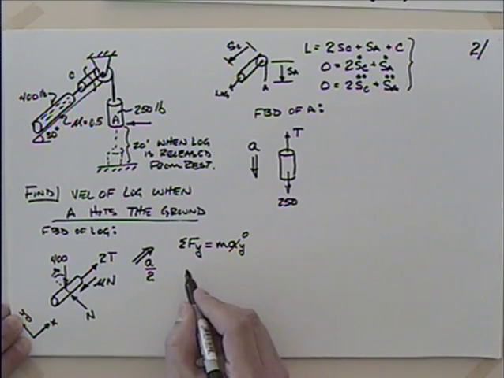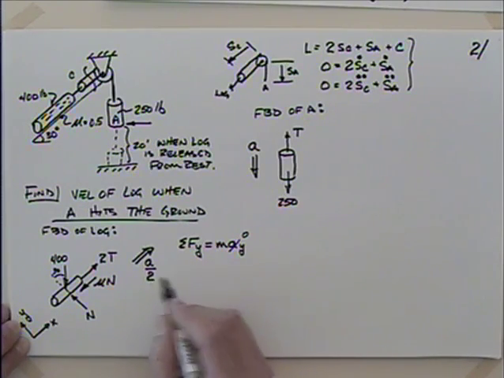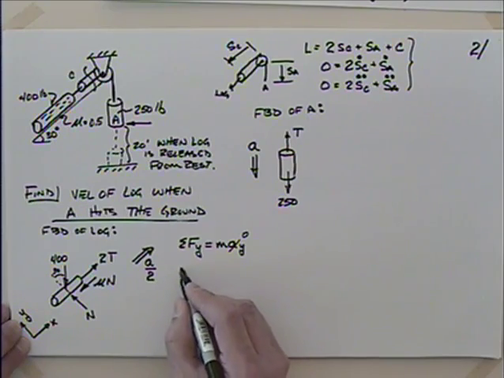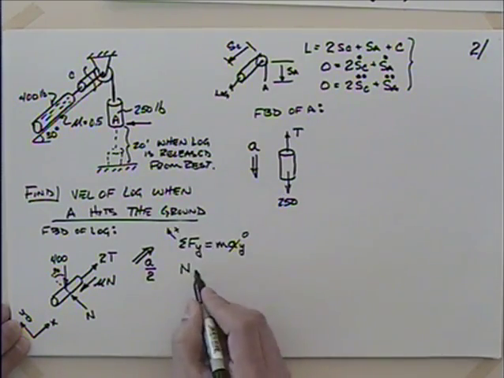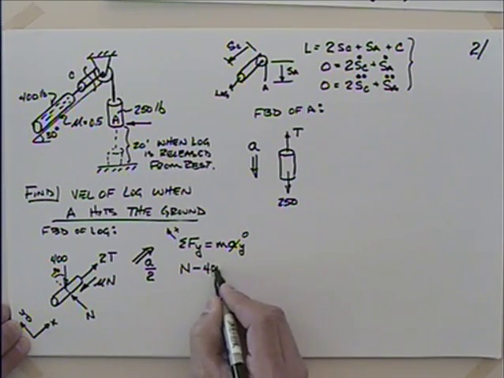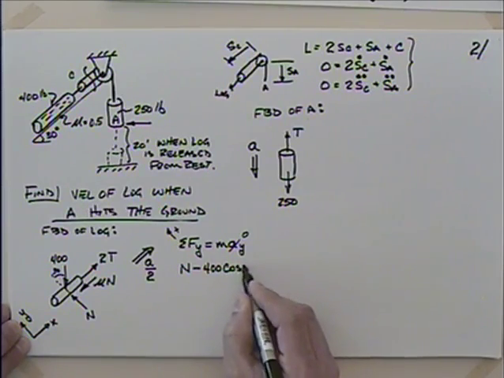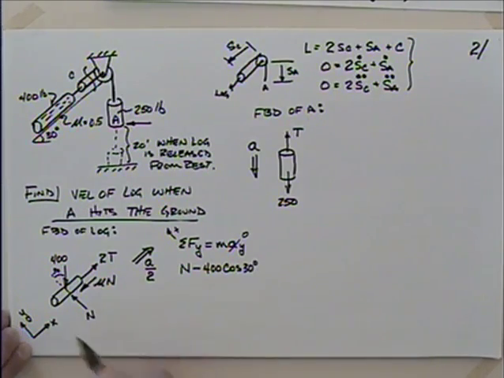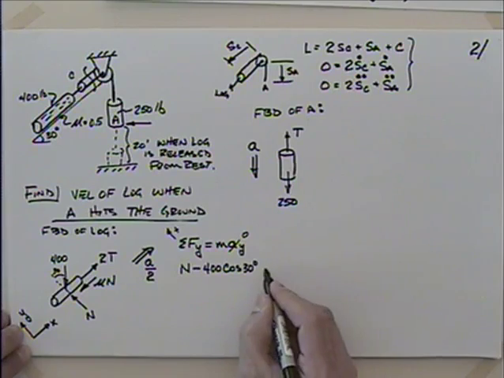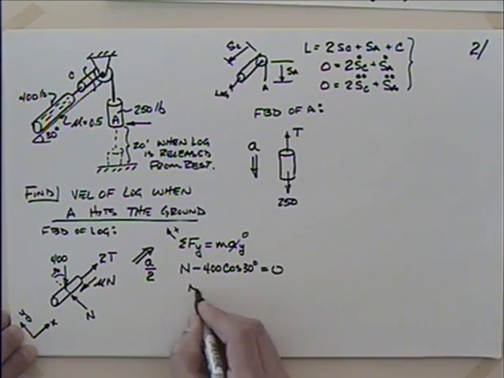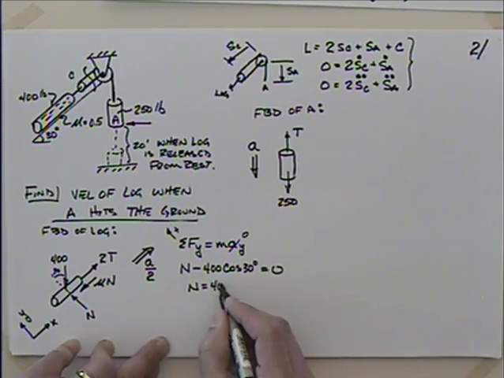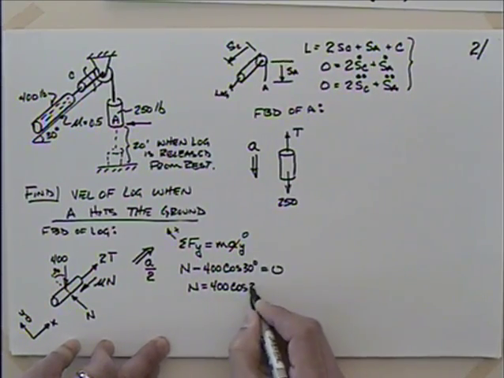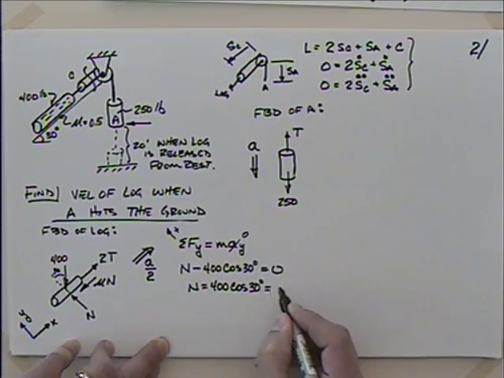So I could say then, and I'll go ahead and take positive away from the ramp, I would have the normal force. So this is positive. I'd have the normal force minus, what, 400 times the cosine of 30 degrees. Anything else in that direction? Nope. So that's equal to 0, so I get a real quick equation that the normal force is equal to 400 times the cosine of 30 degrees, which gives me